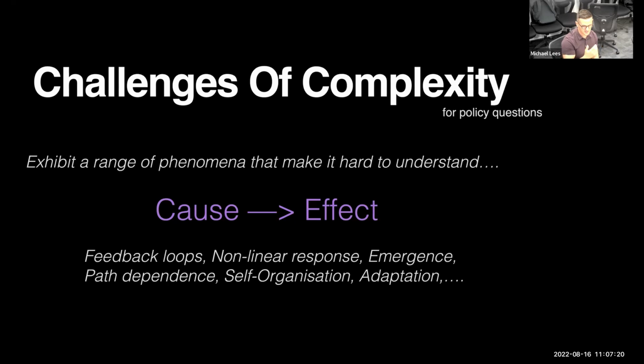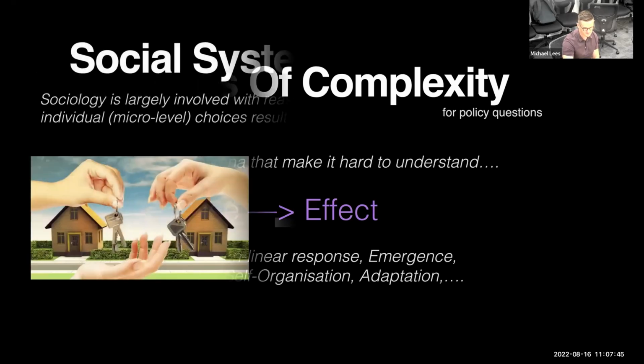You also get nonlinear responses. A nonlinear response means that, let's say, one trade can actually just tip the system, or a small trade can create a very, very large response, whereas before it hadn't created this large response. Then there's emergence, and path dependence, which just means the order of things matter. Self-organization: these systems can self-organize and they can adapt and learn. And there are many other things that happen in these complex systems.